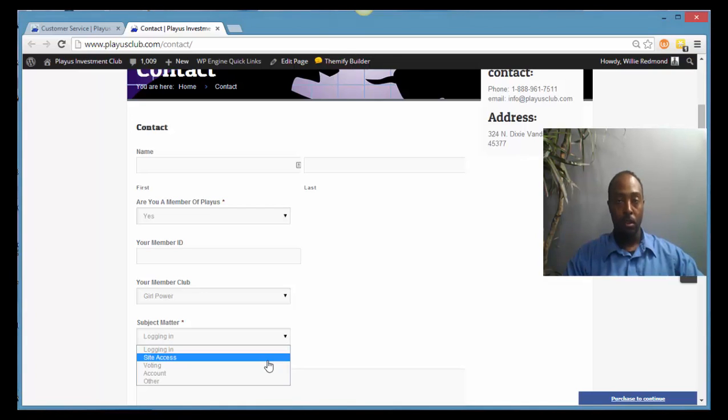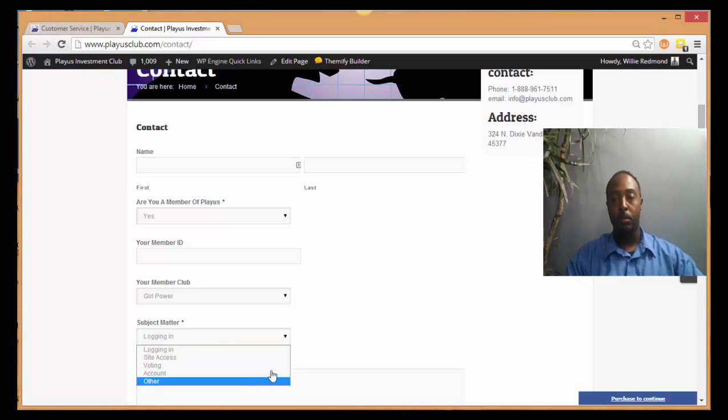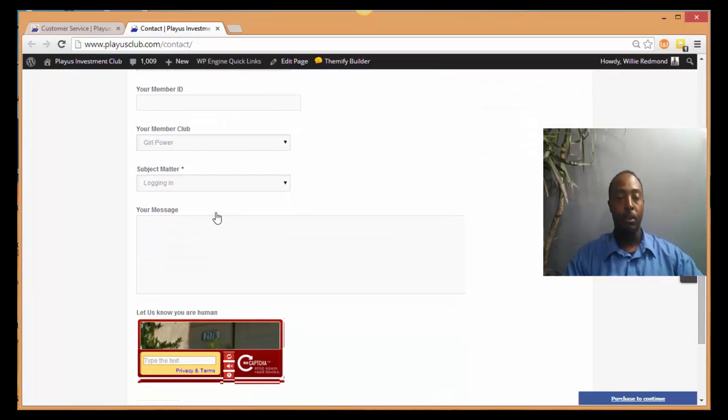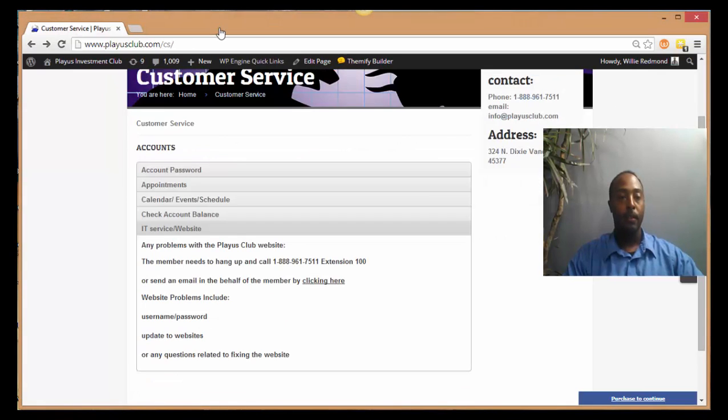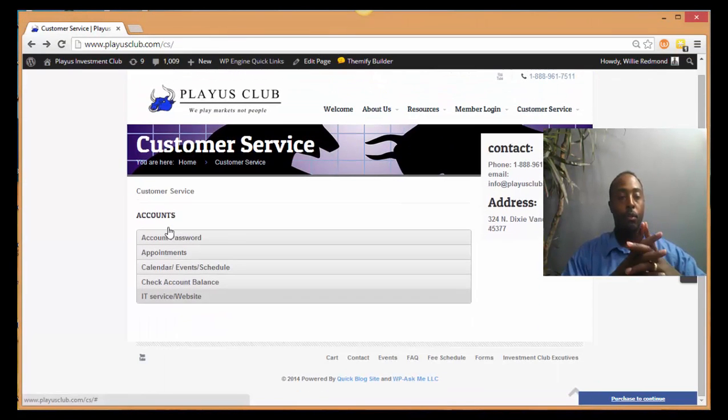Site access, we know it's going to go to the IT department. This voting will go to our club president, Larry Wright. Accounting should go to our booking department, and any others will go to some other presidents. Okay, and then let's give a brief message and put in this little code in here because it keeps spam out of the website. So for now, I believe that's really it as far as accessing the site